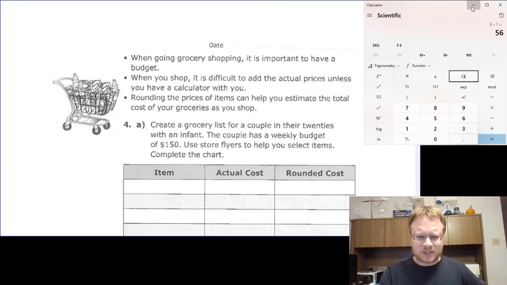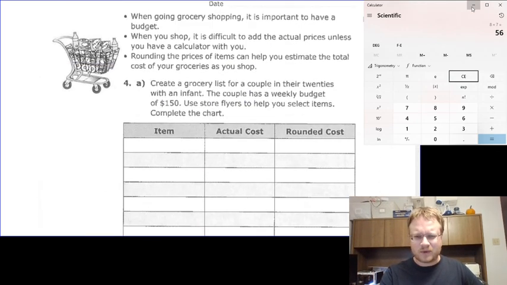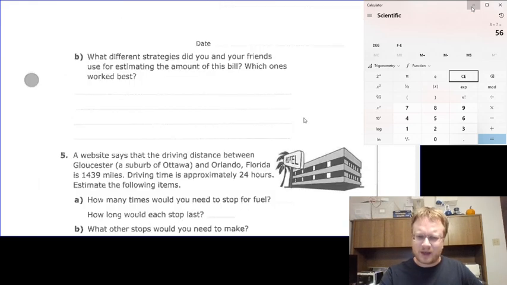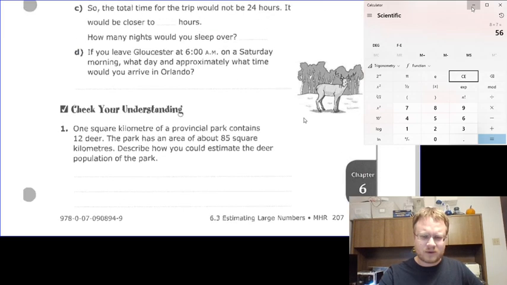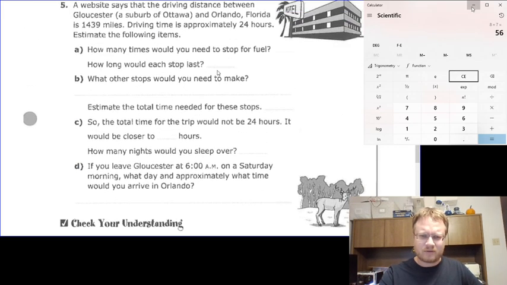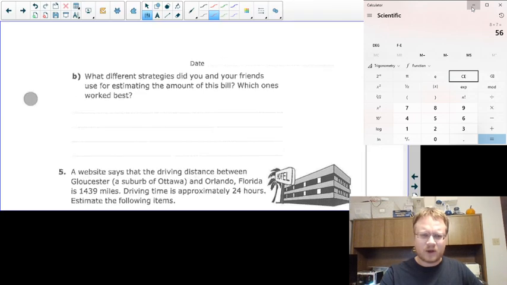The next couple pages are just extra practice for you involving estimating. It's up depending on where we are in class. If you have time, go ahead and try these, but I will not be taking these up together. If you have a specific question about how to answer this, or you have trouble with a question, please let me know.